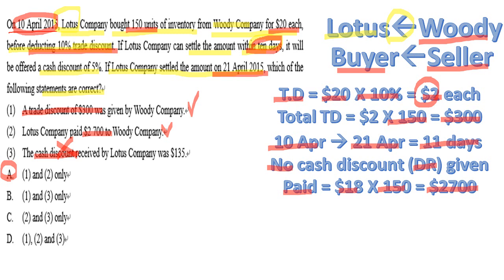So actually, Lotus had to pay $18 here. We have $2 trade discount. That means actually, those are $18 each, 150 units, altogether 2,700. So let us look at it. A trade discount is $300 in total. Lotus company paid 2,700 to Woody. So yeah, there is no cash discount. So wrong here. So they're not reflecting it. The answer is